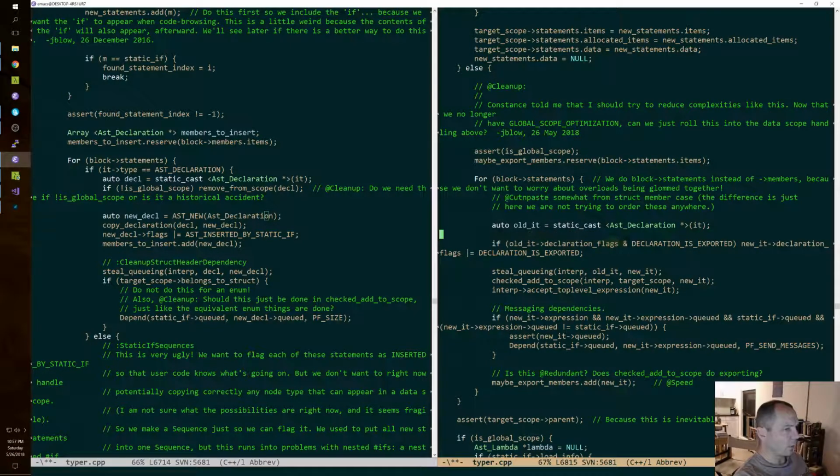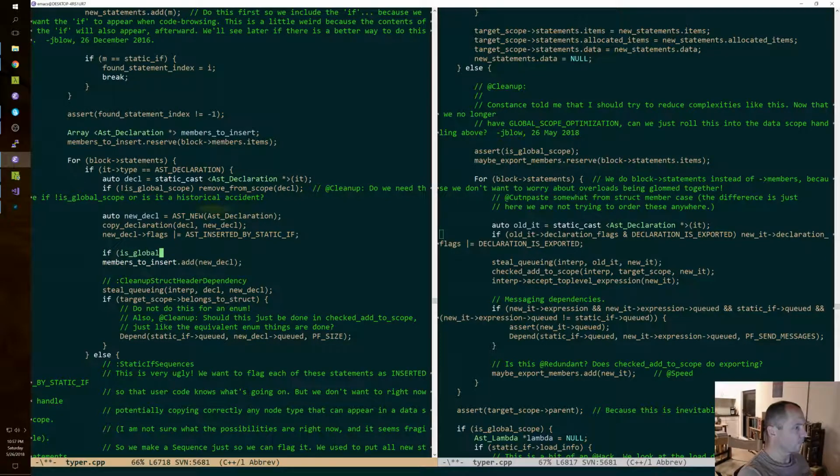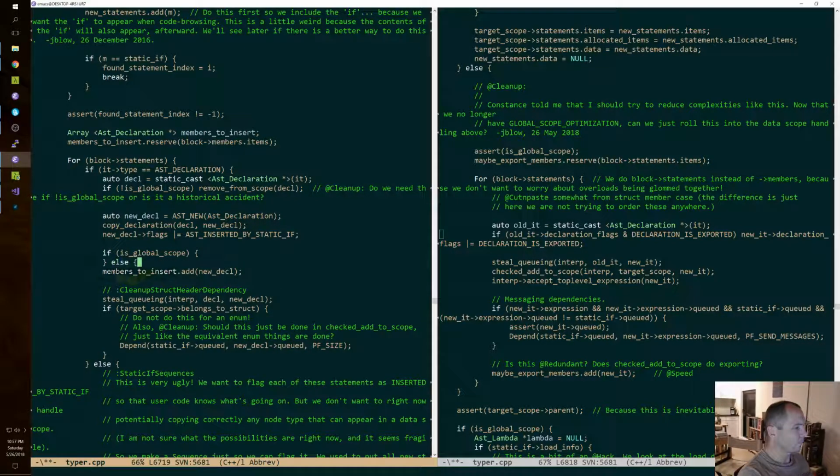We set the inserted by static if. We also steal queuing, but I don't know if we need to do that at any specific time.